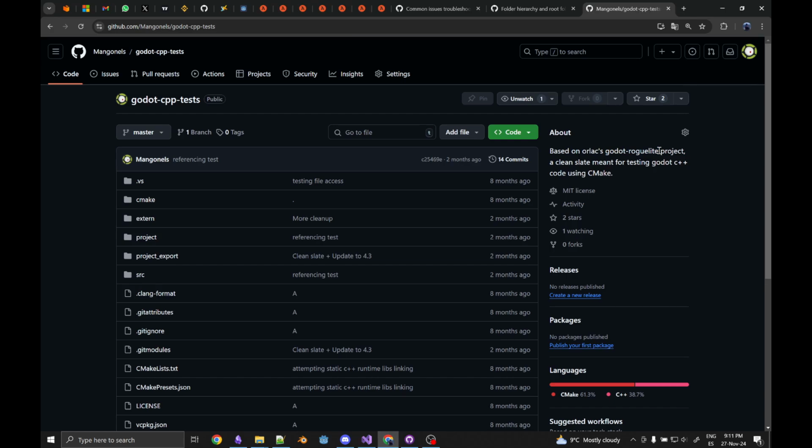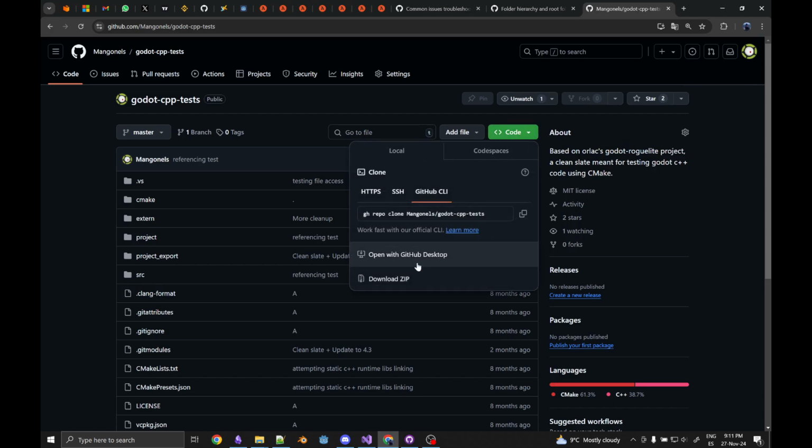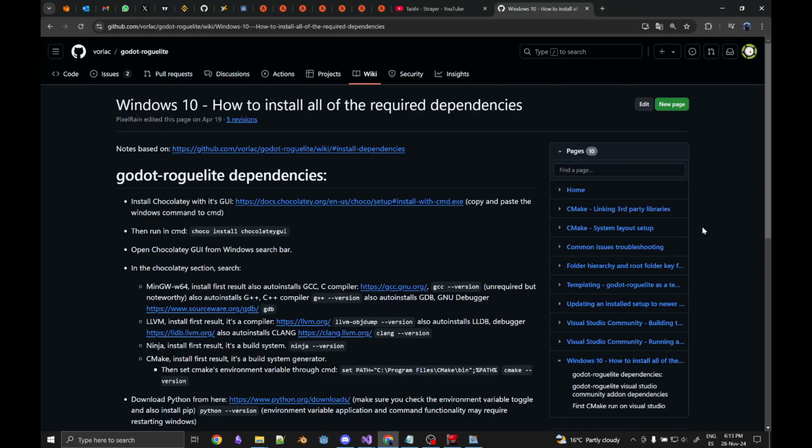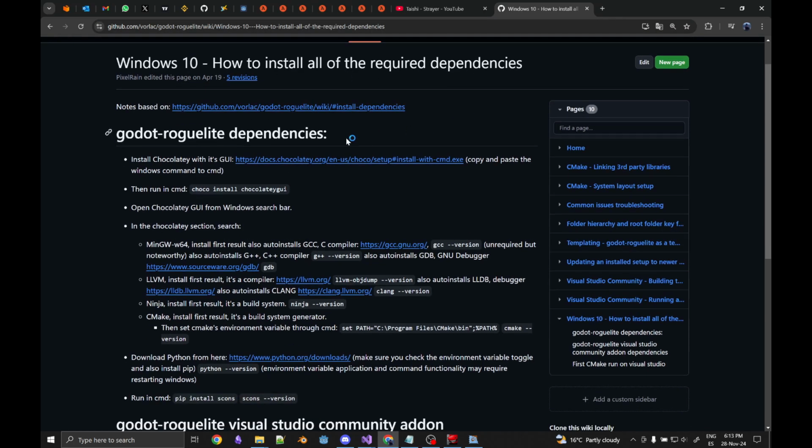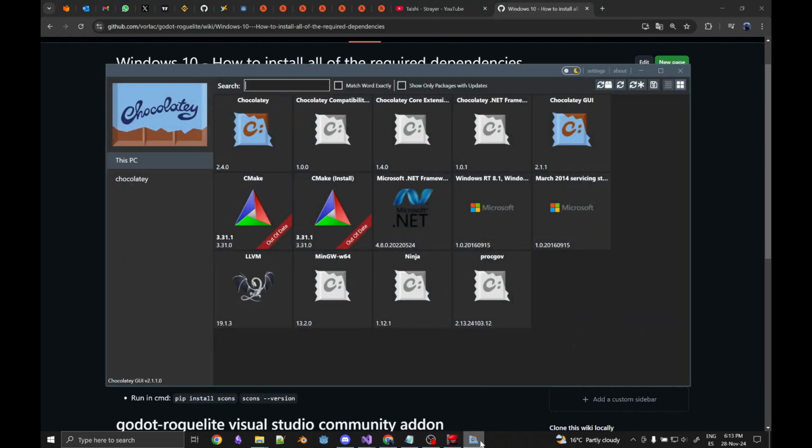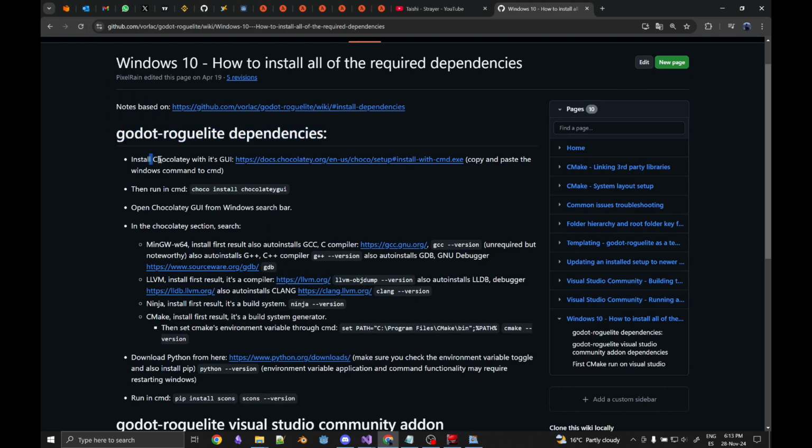If you're feeling lazy though, you can just copy this project by pulling it and opening it in GitHub Desktop. You will need to install these dependencies. So basically just follow this link or go to the roguelite wiki and you will see how to install most of the dependencies through the use of Chocolatey, and even how to install Chocolatey itself with the GUI version,